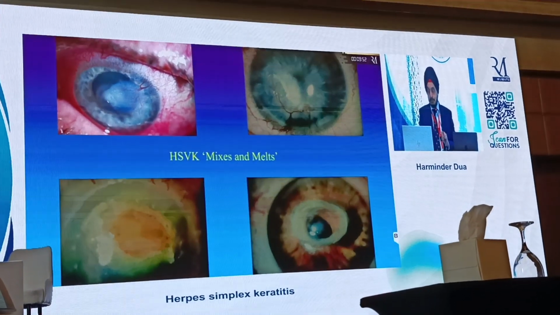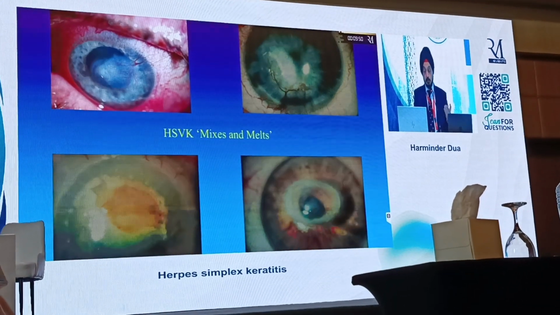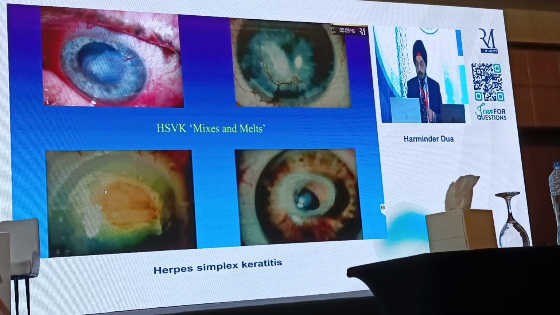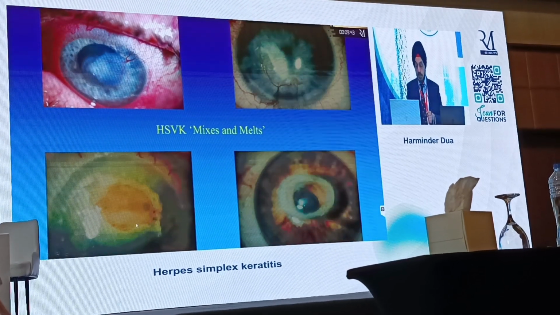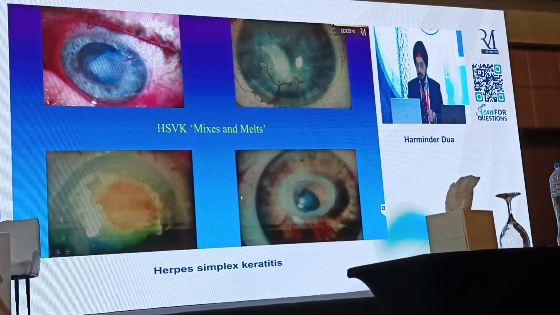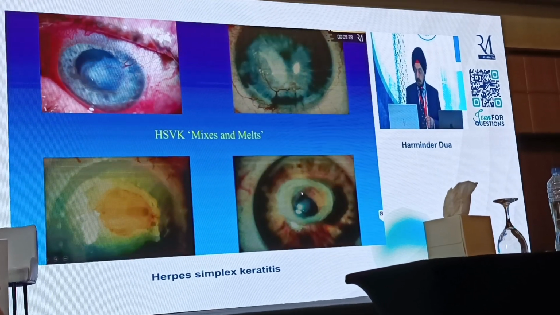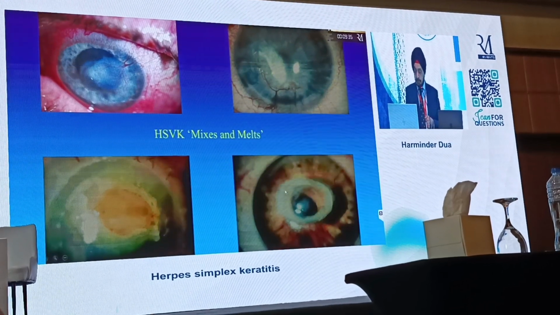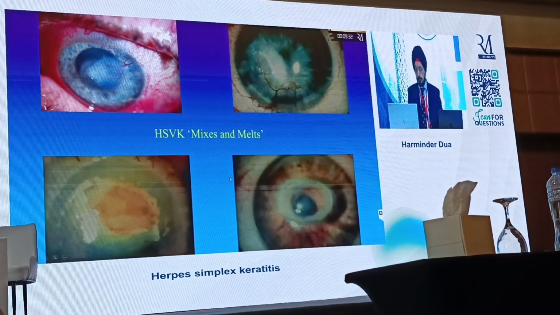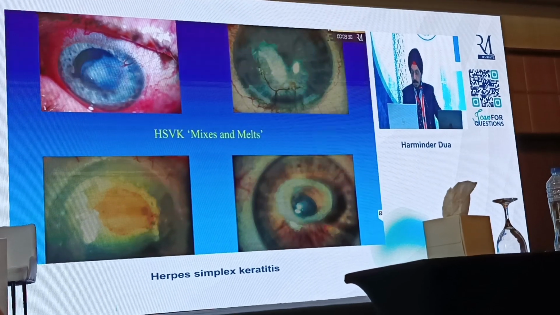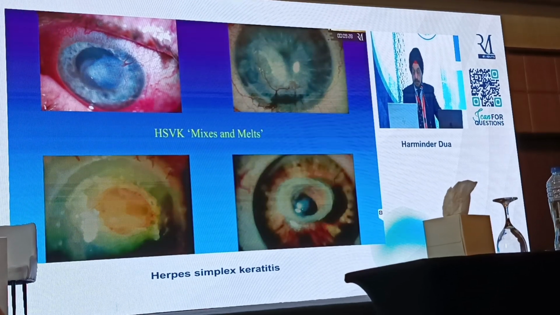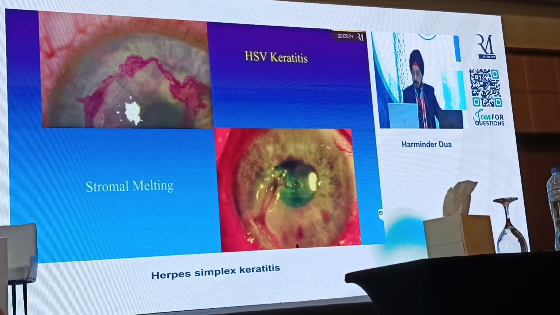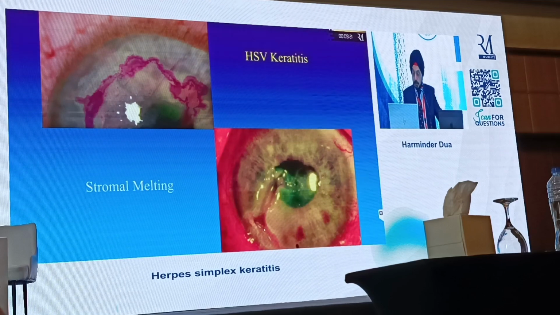Metaherpetic disease is where you get this neurotrophic element. It's not active viral replication, but there is a lot of corneal hypo or anesthesia. The stroma is melting, and sometimes you can see almost the pre-Descemet layer or the Descemet membrane bulging out. It has melted away extensively. So thinning is a huge feature of herpetic eye disease, and any, like I said, corneal disease where you're thinning, think of this condition. Melting can be deep, as you see over here in the corneal stroma,